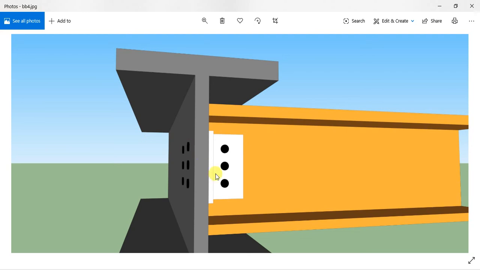Dealing with this particular connection, the connection between the web of the bigger beam, main beam, primary beam, and the angle. So we are dealing with two thicknesses. So I have to design it as a lap joint. So Nn will be 1, and Ns will be equal to 0. So here I have shown the number of bolts, but now we are finding out the number of bolts first. This is just for reference.